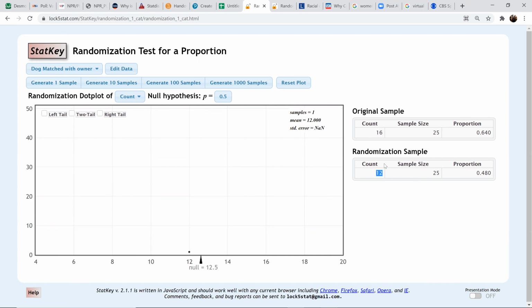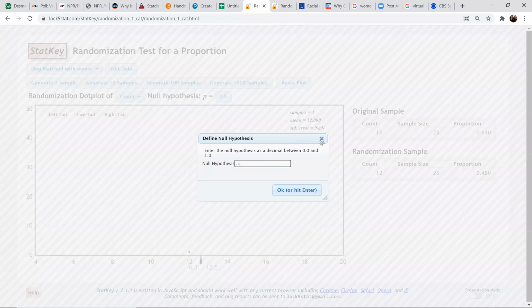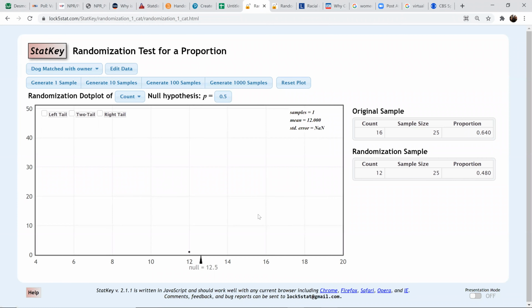Are you going to doubt my null hypothesis that the probability of a head is actually 50%? I don't think so. In fact, what we would expect under the null hypothesis is to get 12 and a half flips out of 25. Of course, you can't get 12 and a half. So now if you got 12 or 13, that's about as least of a surprising result as you can expect.